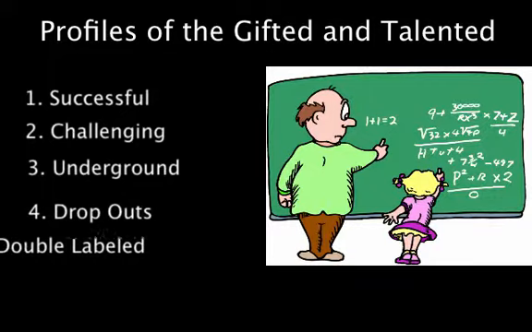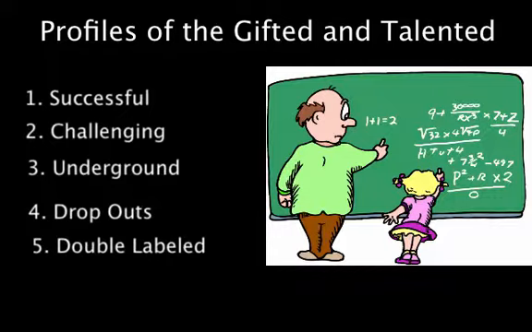The next type is your double labeled. These students are gifted, but they also have physical or emotional handicaps, or even possibly learning disabilities. They often don't show typical behavior of gifted students. They may have sloppy handwriting, disruptive behavior, have difficulty completing work, and may be confused about their inability to complete work. They show symptoms of stress. They may be perceived as average or even referred for remedial assistance.